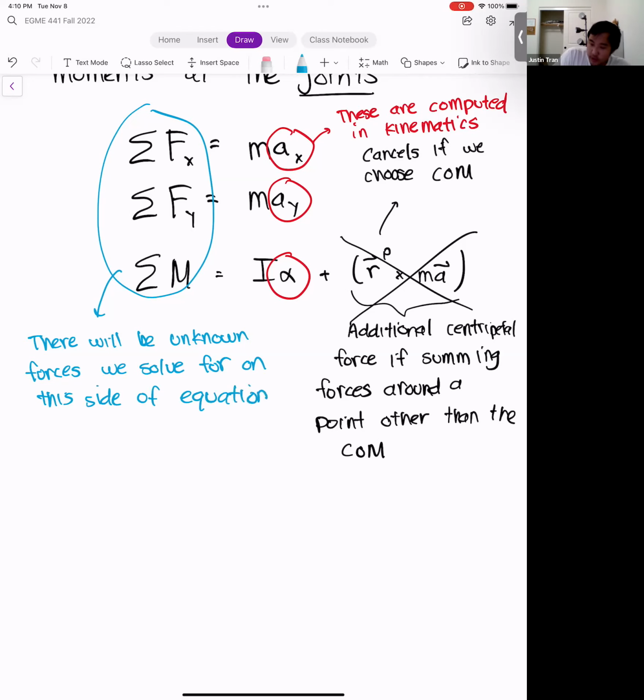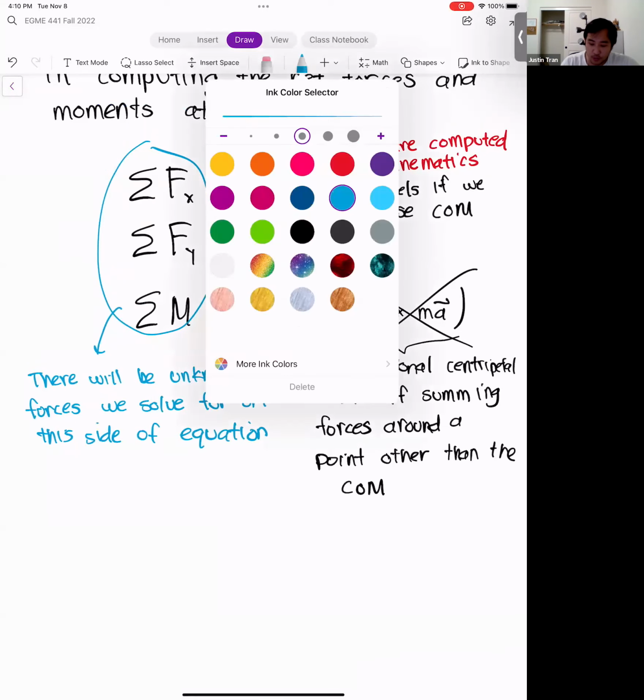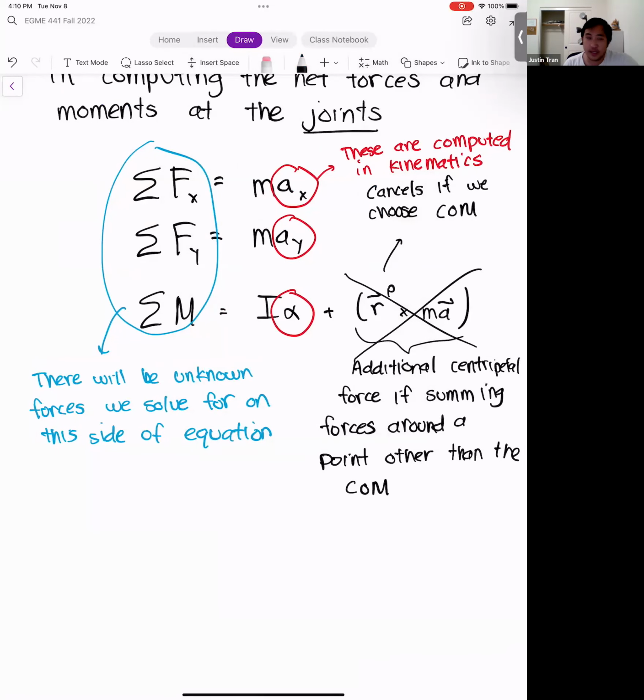The unknowns in our equations are going to be forces: unknown forces and unknown moments, and they're going to appear on that side. After we form the equations of motion, we're going to manipulate the equations so that we get our unknowns on one side and everything known on the other. That's generally our approach, and that's all there really is to it. In a sense, it's very similar to how we did static analysis. We formed our equations of motion, set them equal to what they need to be, and then manipulated those equations in order to get the quantities that we need. We should all be very familiar with that in this class.